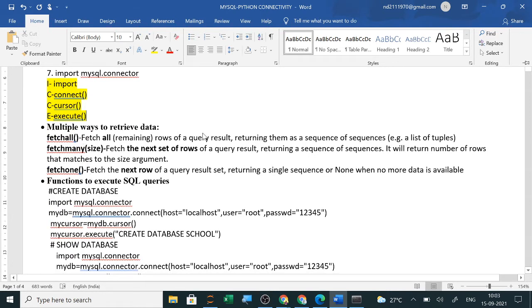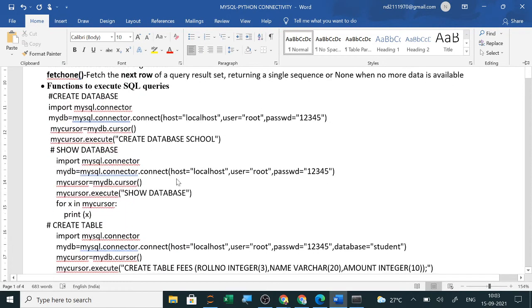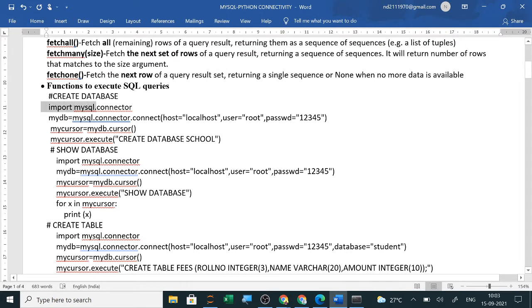You can fetch all the records using the fetchall function, fetchmany, or fetch one by one. Now the main thing is this: to create a database you will import mysql.connector, then use an object equal to mysql.connector.connect, and for connecting this is the syntax: host localhost.